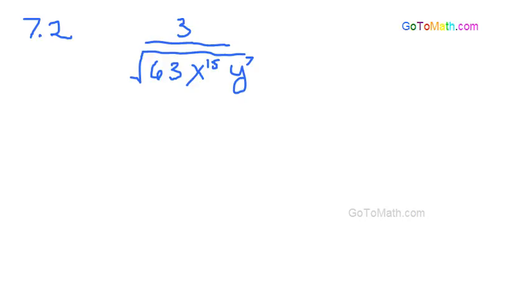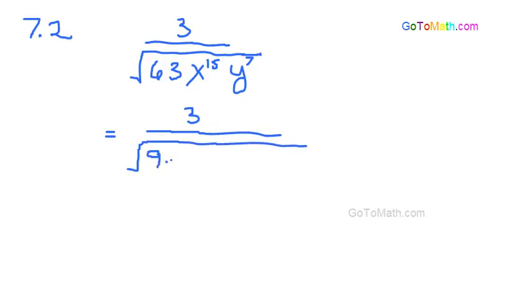Okay. All right. So let's take a look at this. There's nothing we can do up here in the numerator, but down here we're going to break this thing up. Pretend there's a fight going on down there. We got to break it up. 63. What do we got there for a perfect square? Is there a perfect square hiding in 63? I believe so. I believe it's